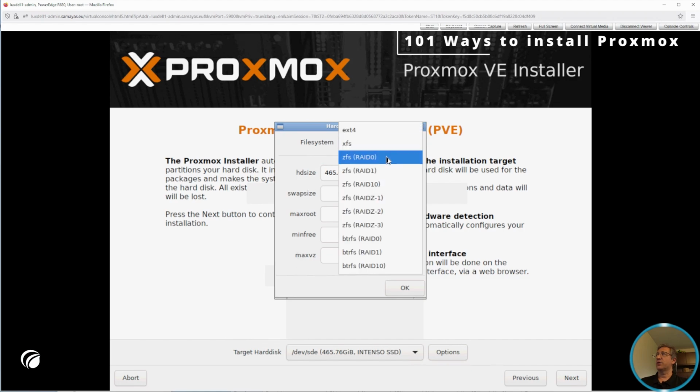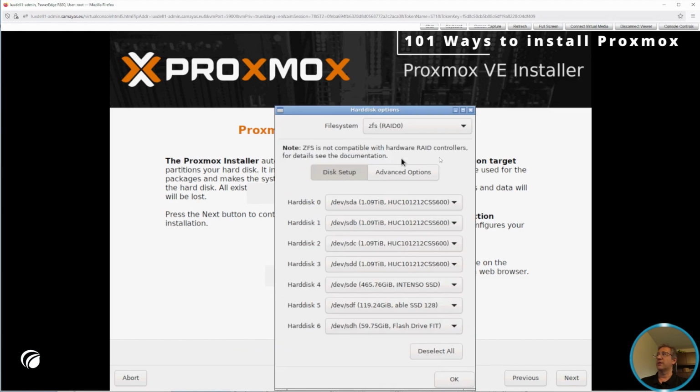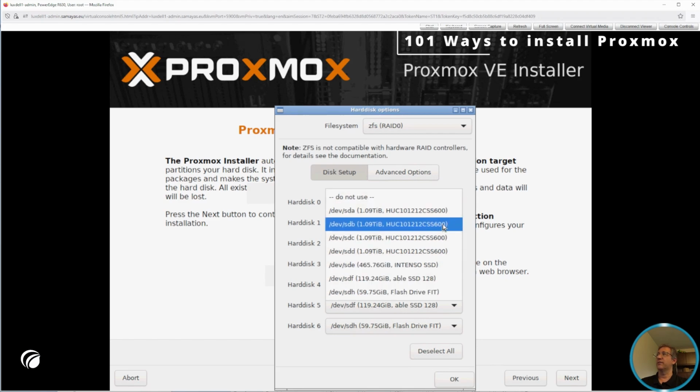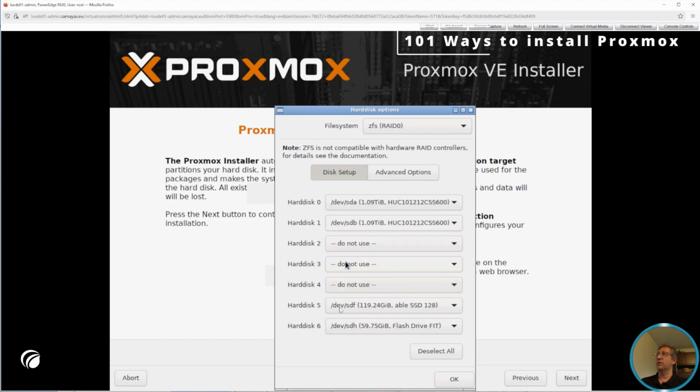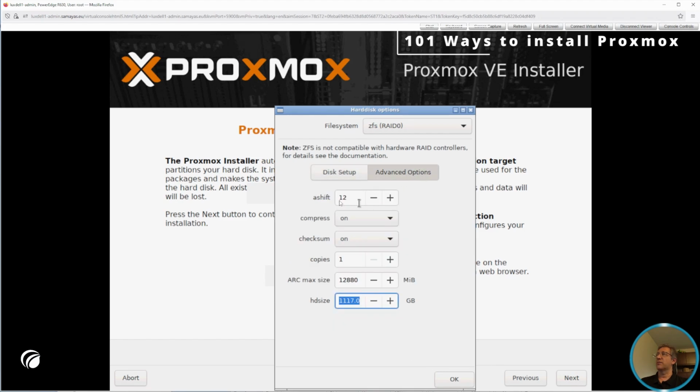If I switch to RAID 0 on ZFS, it changes completely, because now I need to choose the disks that I want for my RAID 0. I choose the first, and then the second, and all the others I set to do not use. And now I have selected 2 disks for my RAID 0, and in the advanced options I have the